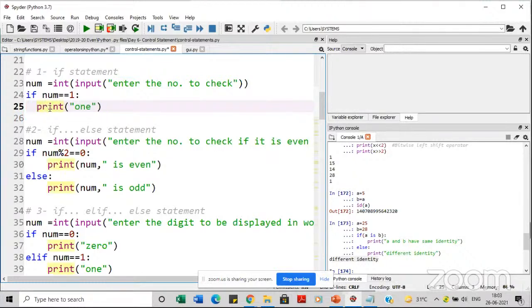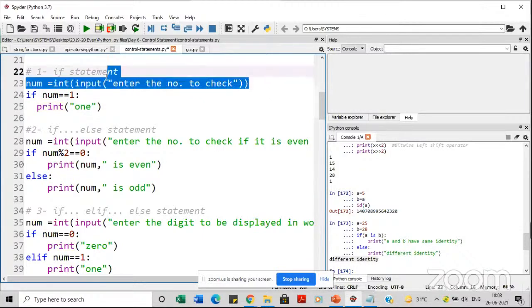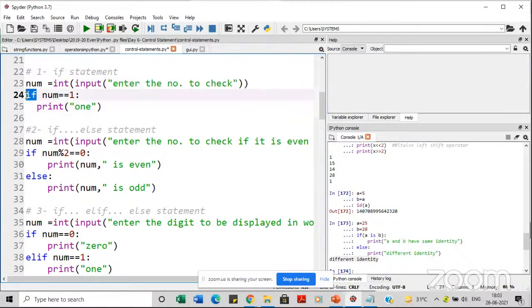So I'll reduce it and show you. So here is 2 spaces. That will again work. So we have a variable num wherein we are taking some number from the user to check, and then we are simply checking an if condition. That is, if this particular number is 1, then print 1, otherwise don't do anything. So the if statement,